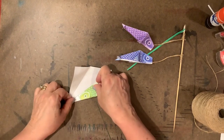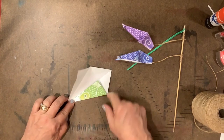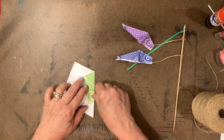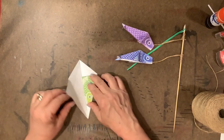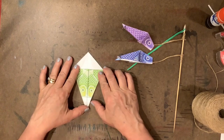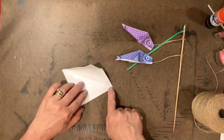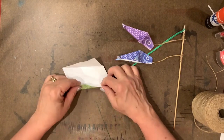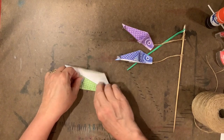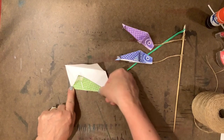Fold the eye side up to the center line and make a nice crisp edge. I use my thumb and my thumbnail to make sure it's nice and flat. Okay, so there are two eyes for the fish head. Now we're going to open it back up, and we're going to go to the tail end. We're going to fold the tail up to the center line, make a nice crisp edge,